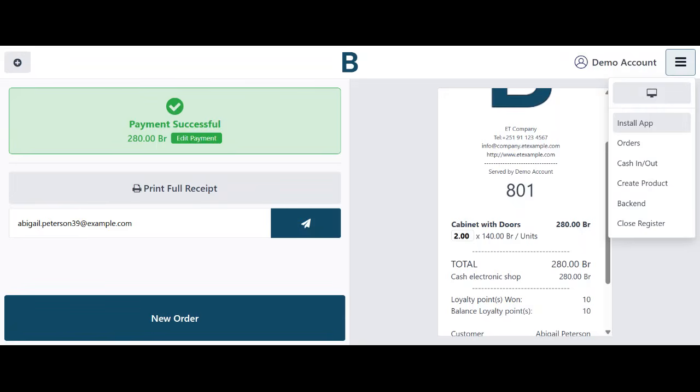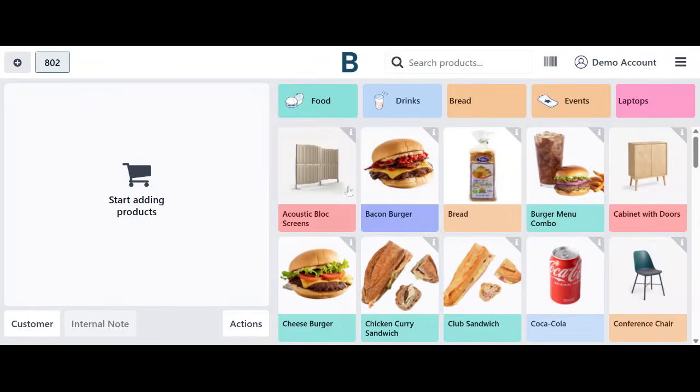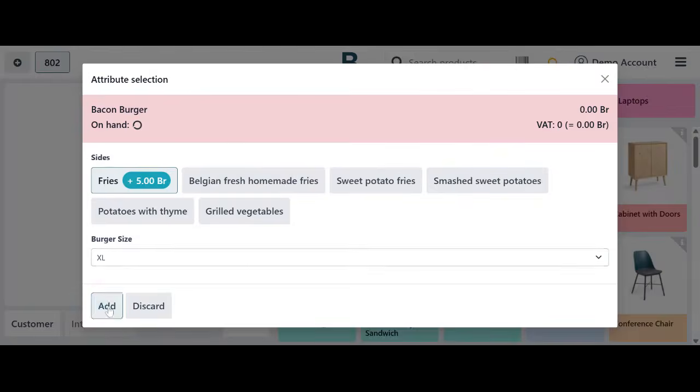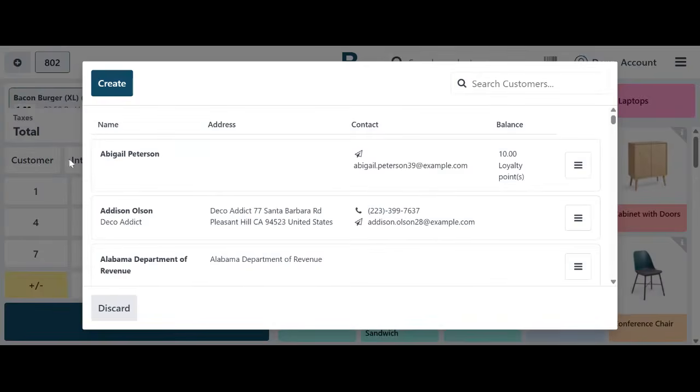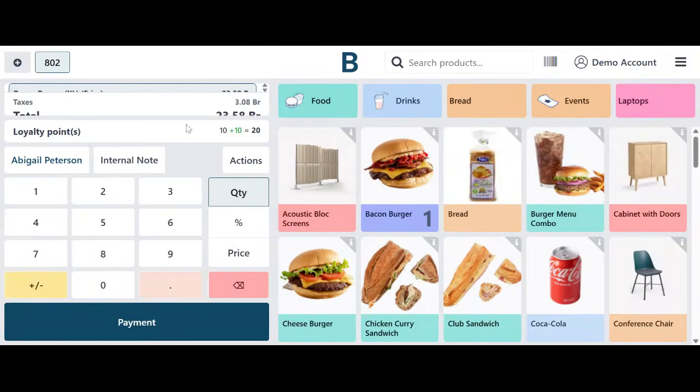Later, if, for example, they come and you want to use them, then on an order, they will just come and use the order and say they want to use it. And then you just choose Abigail Anderson. And as you can see now, they're going to get 20. But because you want to use the loyalty card, we can always use that. So then they can use the loyalty points to be able to pay. When I go now to the backend,